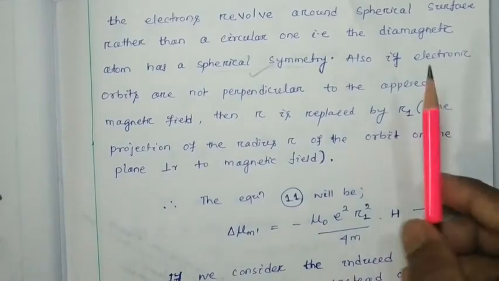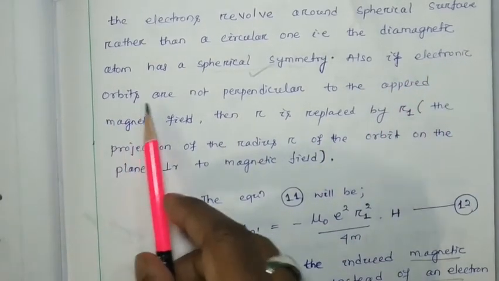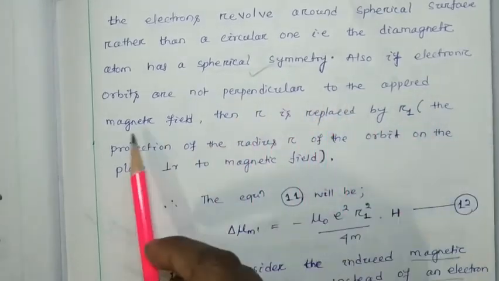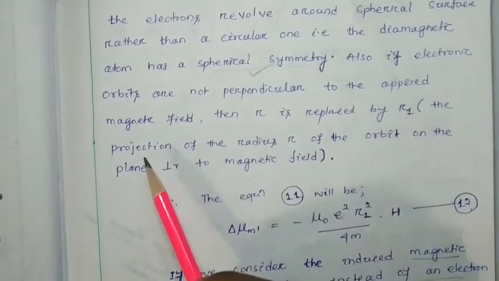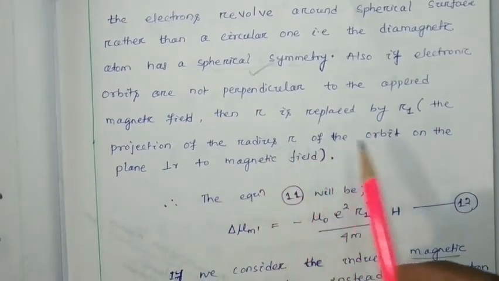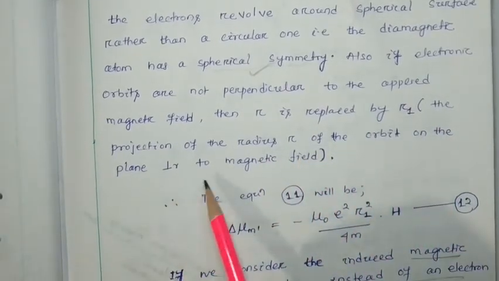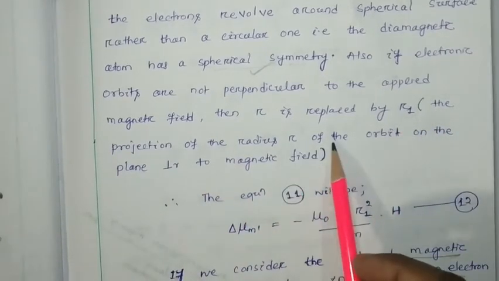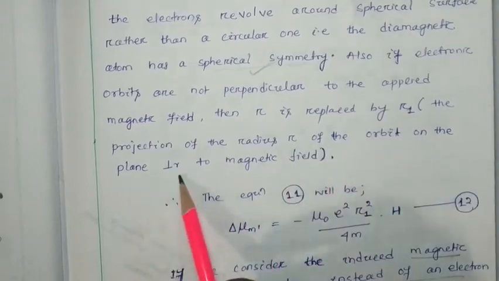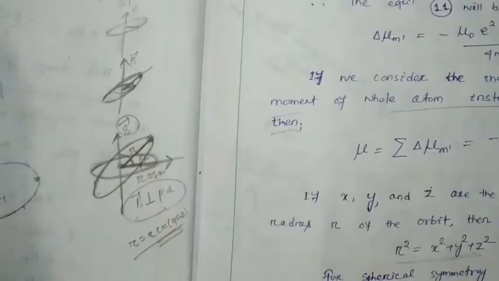Now if electronic orbits are not perpendicular to the applied magnetic field, then r is replaced by r1, the projection of the radius r of the orbit on the plane perpendicular to the magnetic field. This r1 is nothing but the projection of the radius of the orbit on the plane perpendicular to the magnetic field. So I am going to explain. See, previously we